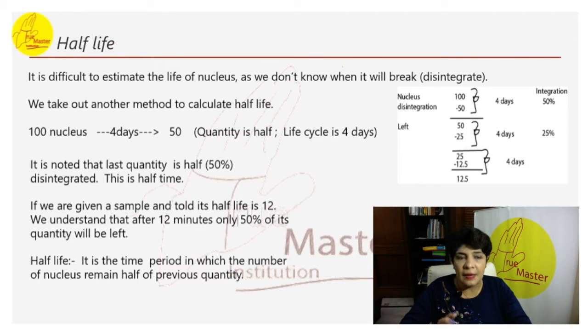If we are given a sample and told its half-life is, say, 12 minutes, we understand that after 12 minutes only 50% of the quantity will be left. Half-life is about quantity: half the quantity will be left. It is the period in which the number of nuclei remains half of the previous quantity. Whatever the quantity was, 100 becomes 50, 50 becomes 25, and 25 becomes